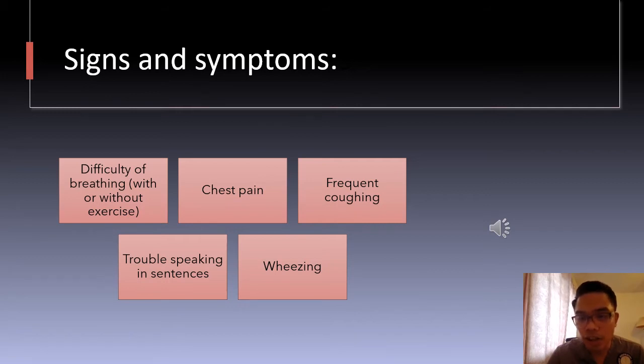I have here on the side one of the common breath sounds for asthma, wheezing. As we can hear, it's kind of a squeaking sound. Wheezing is a whistling sound. When you attempt to breathe, your airways become narrow or tight. That's what you normally hear when you have asthma.